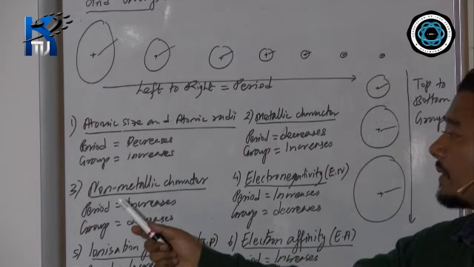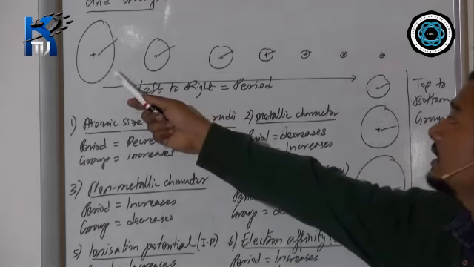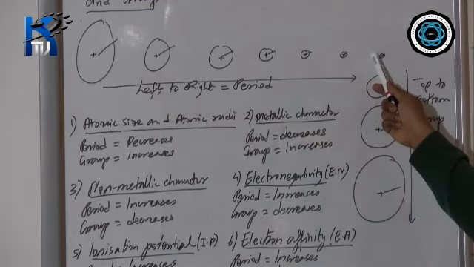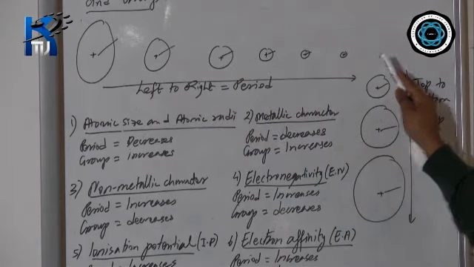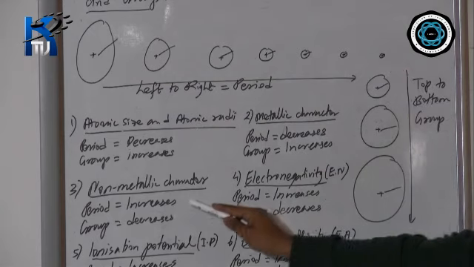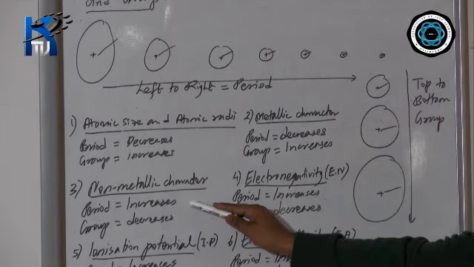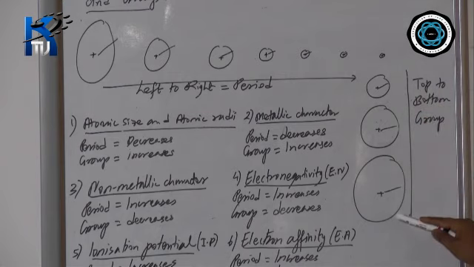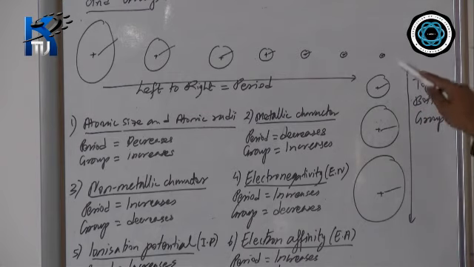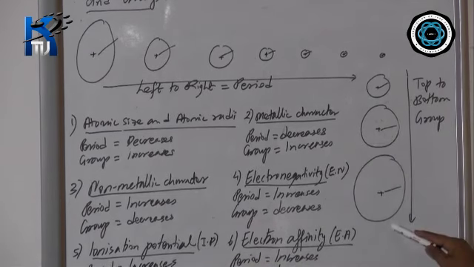Now we go to the number 3 part, that is called non-metallic character. Non-metallic character is the character of a bad person, we say. So if you see here, the size is decreasing means non-metallic character is increasing, because smaller the size, more the non-metal, we say. In a period, non-metallic character will increase. Whereas in group, the size is increasing, as a result the quality of a good person is increasing and the bad person is decreasing, therefore in a group non-metallic character will decrease.